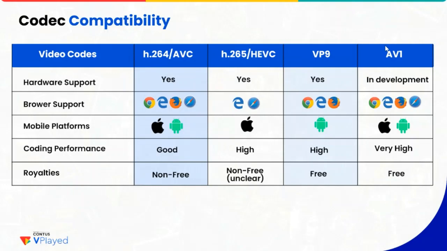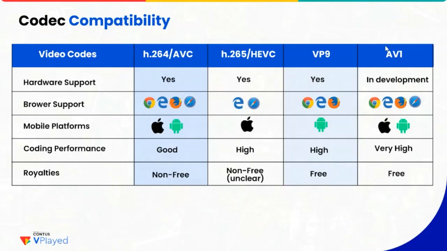So there still are some confusions with the license, and in case you're going for hardware, how that particular hardware is supported for H.265 is still a debatable topic. Apart from that, here we have VP9. VP9 has similar characteristics to H.265, and it is meant for a high definition video format.